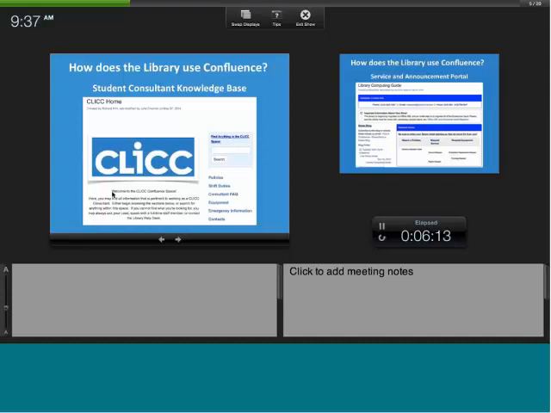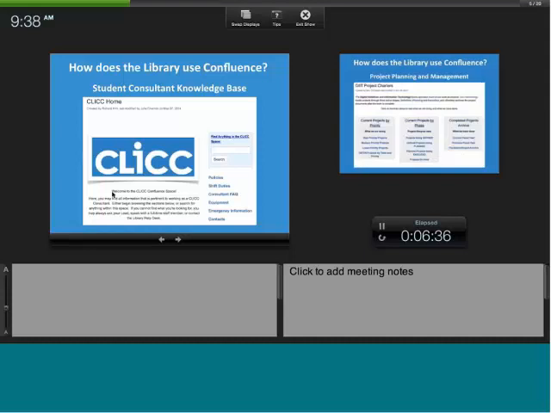So another type of knowledge base, similar to what the library departments would have, but it's more catered toward the student staff that work for the library, and they're called the CLIC staff. I can never ever remember what CLIC stands for. We're in the library, we're just full of acronyms, and so I'll have to try and remember what that one is. But whenever I hear CLIC, I think of students, and this is their space for managing that. And again, we can restrict things for who can do what and who can't do what. So it's a good place to kind of give them their own little world,